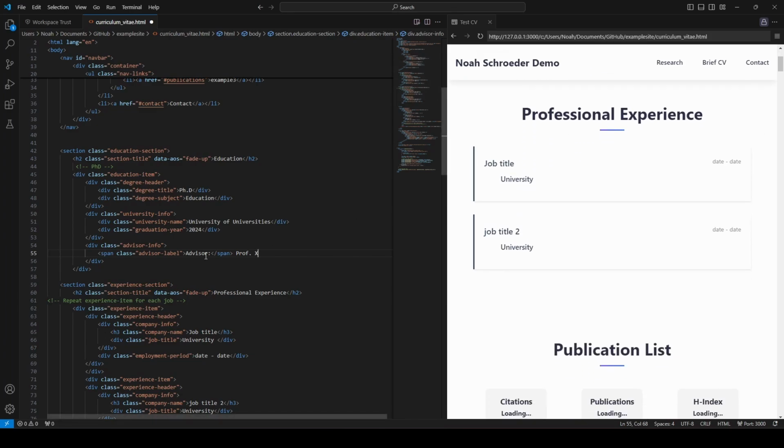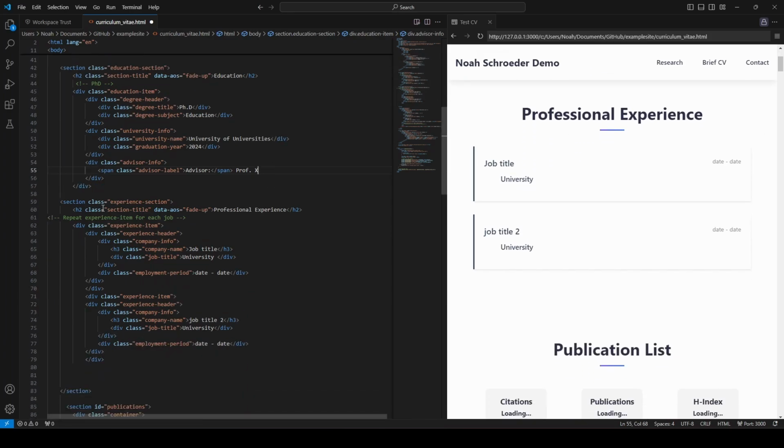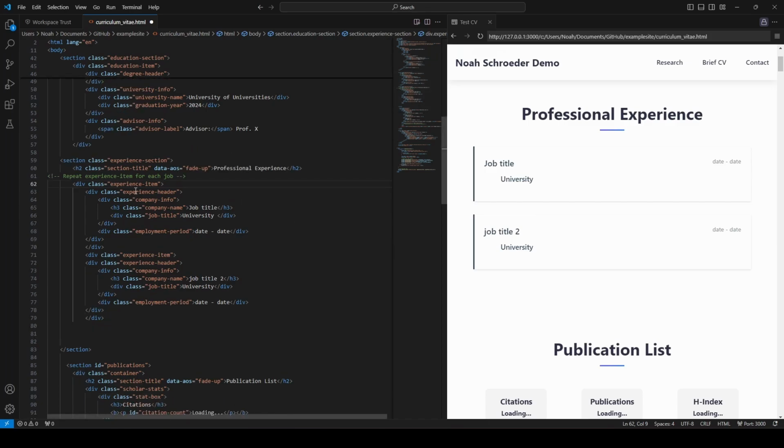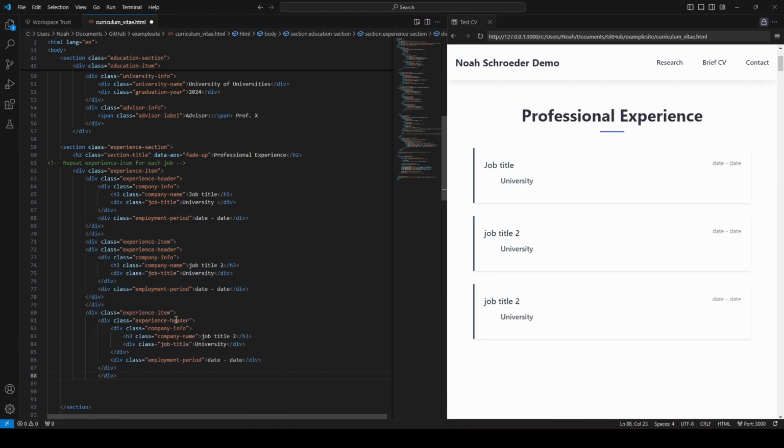Okay, then we move down to professional experience. That's our next one, right? You can see it says experience section, and it says repeat experience item for each job. Currently it's set up for 2 jobs, right? 1, 2. You can see experience item right here, and another experience item right here. If we want to replicate this, all we need to do is highlight this whole section, Control C, or if you're on a Mac, Command C, hit enter, and then paste it. And now we have 3. Or if you want to only have 1,